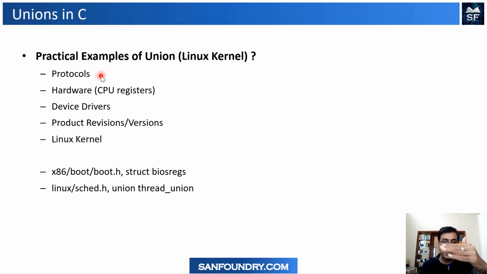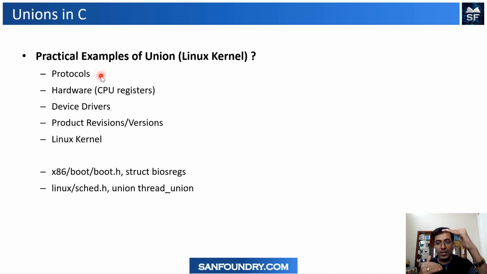Okay, so you might have declared one union because you are supporting all the protocols, versions of the protocols, and you know that at any point of time, only one protocol packet type is valid for that. But you don't want to keep separate structures for each one of them. So you can still think about a structure which contains one more struct of 2G, one more struct of 3G and 4G and 5G, right? So you don't want to do that because it's a wastage of space.